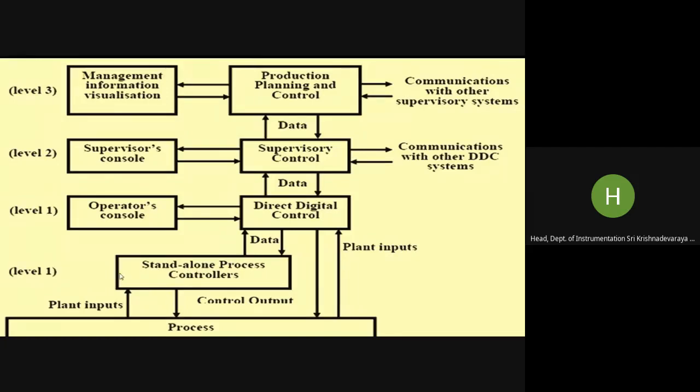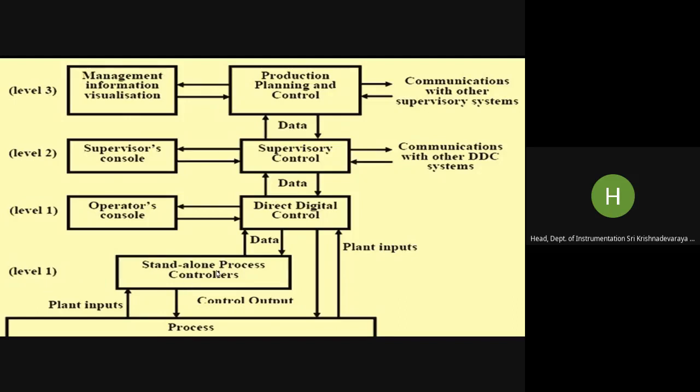Why? Because every unit operation you will have, if you take just heating alone, whether it is a furnace or a small oven or a small autoclave, so you will have number of such parameters. You may have tens of autoclaves spread all over the process plant. So that is the reason why the standalone processors are directly controlling that particular unit operation for a given algorithm or for a given logic, how it should be controlled. So this is exactly what happens at level 1 of the control.